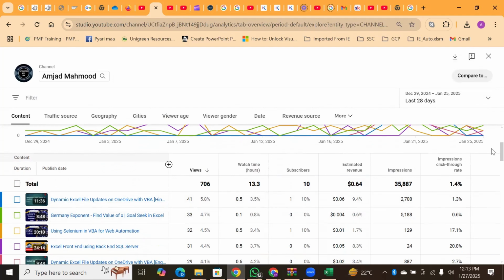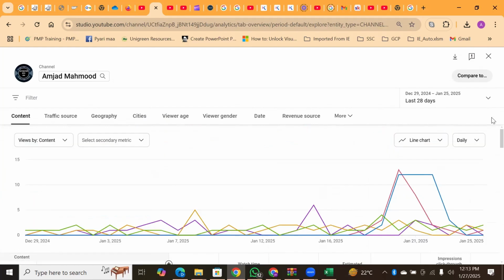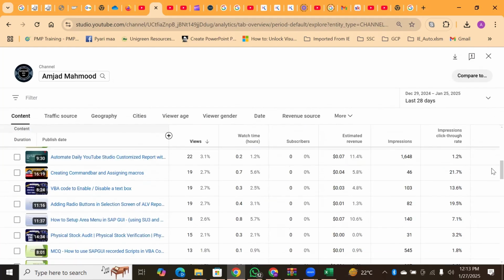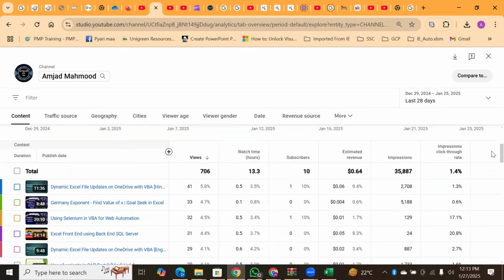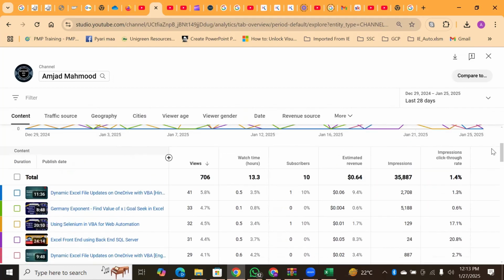This will help you develop your customized dashboard reports on Excel, and you can utilize your Excel skills and VBA skills